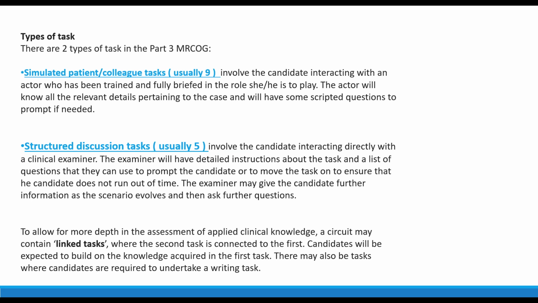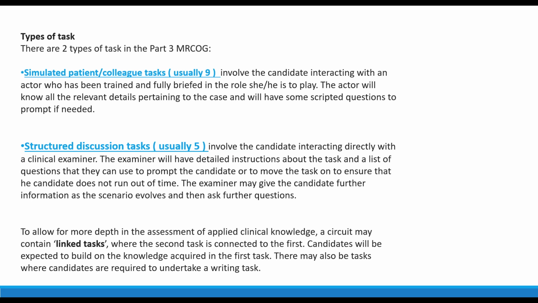Most of the courses for the part 3 focus on the simulated patient task. And yes, it's 9 stations that you will have in the exam, but I need you to understand that the approach for every station and every patient is different. So the patient who comes to you in acute condition will be, of course, a professional role play. She will act like she is post-operative and she had a severe headache, for example,